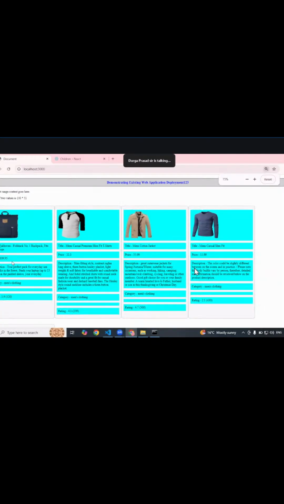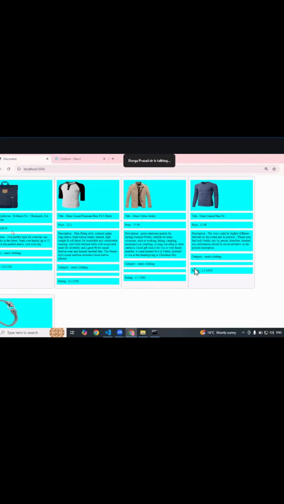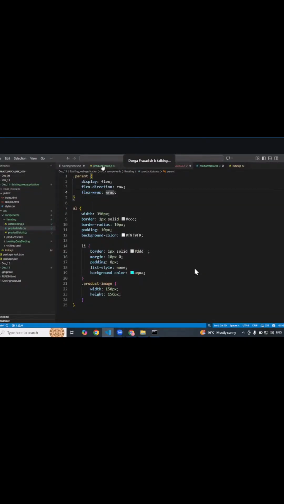You see, this is how the product data is. Now my expectation is that whenever the product price is greater than 100, I want to show a tag saying high price or low price. For example,